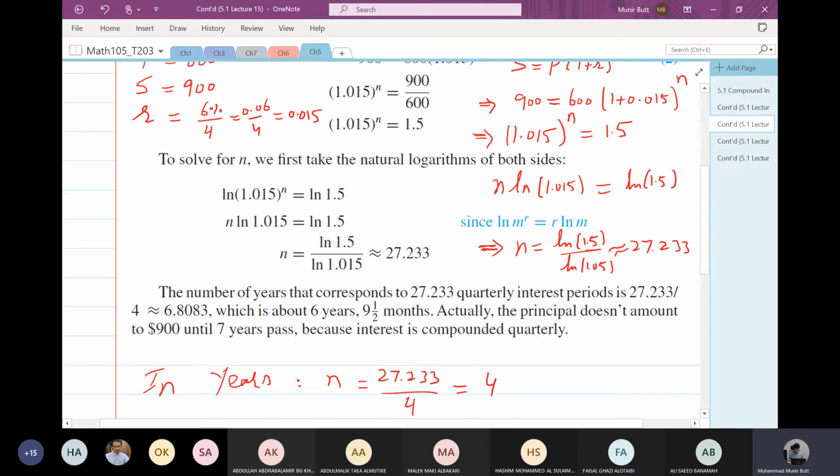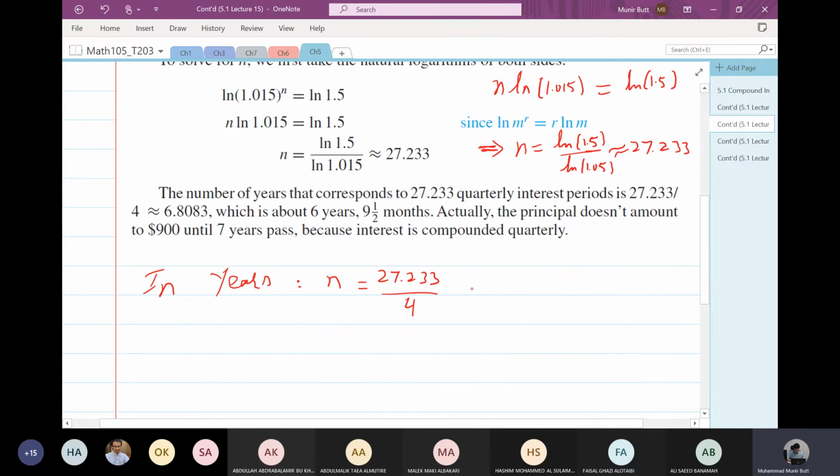You will get 6.8083. So how many quarters will you have? If it is 6.808, since it is years, you can say 6 years,